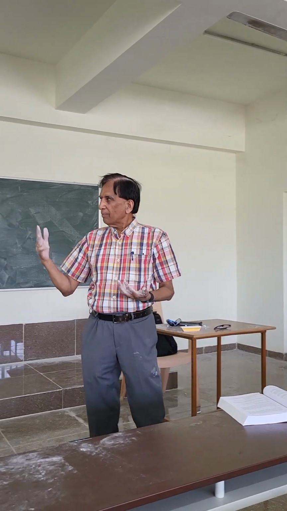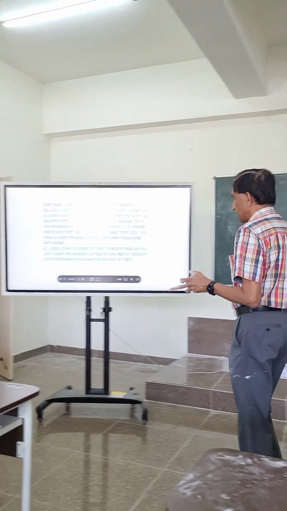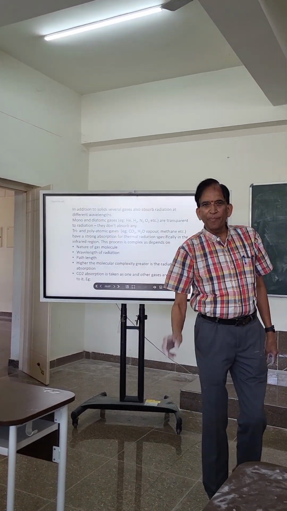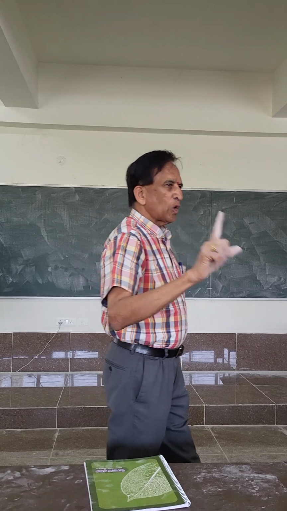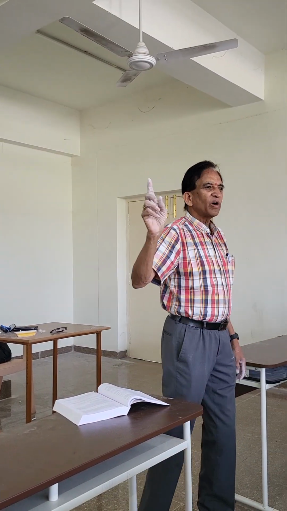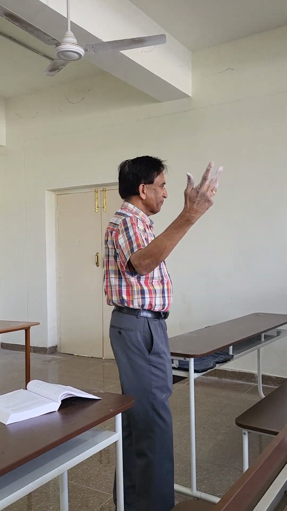But the next thing is the more important part, the absorption of radiation by gases. Normally we see that most of the monoatomic and diatomic gases, which are they? Monoatomic gases, for example, are argon and helium, neon, argon, krypton, xenon, radon, all the monoatomic gases. What diatomic gases are there? Nitrogen, oxygen,